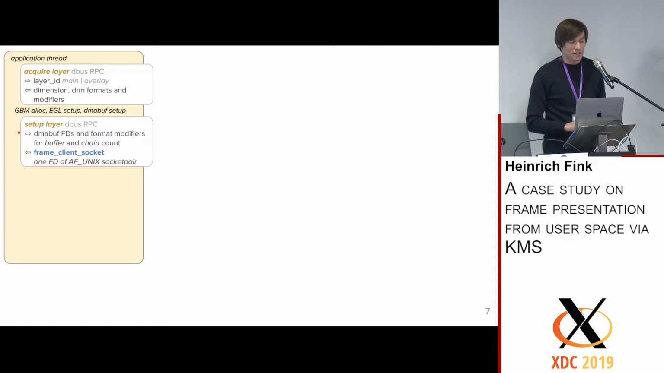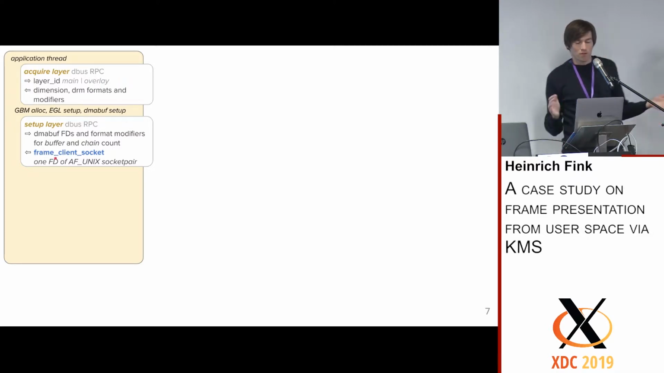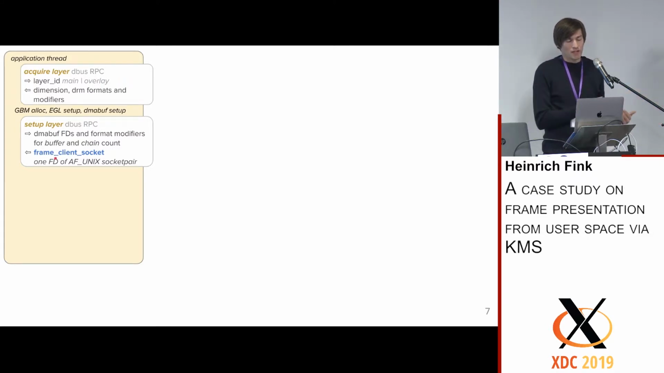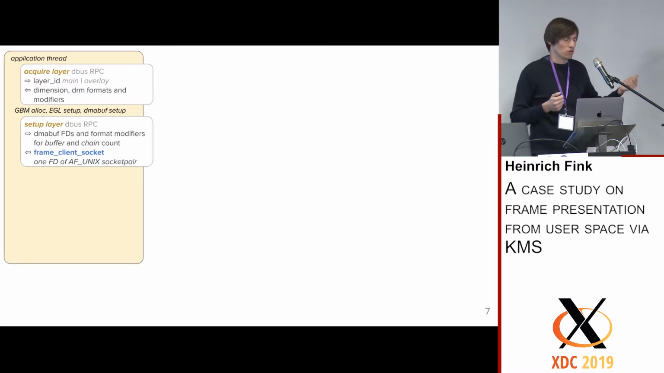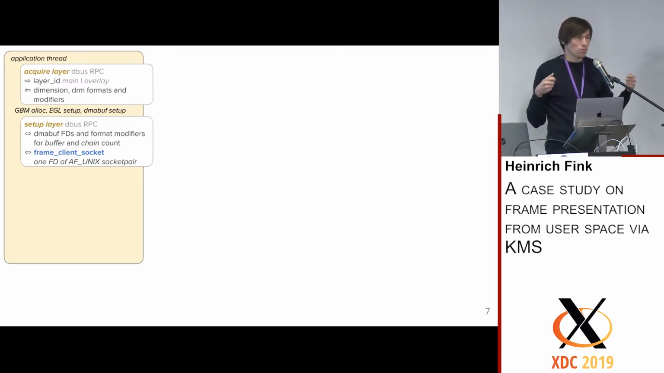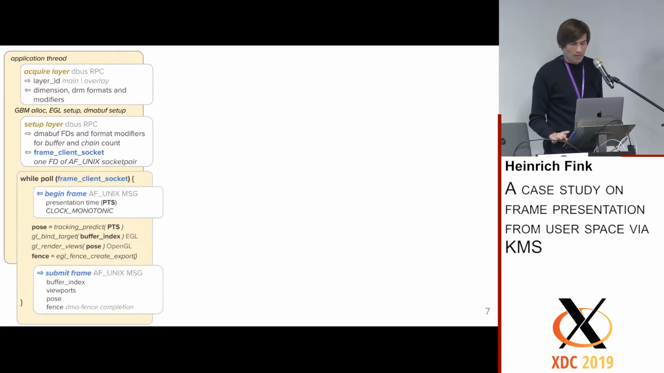And after that, it tells the compositor in a setup layer call which buffers have been allocated, which modifiers have been chosen, for how many buffers and how many swap chains. And at this point, if the compositor is happy with that, it returns to the application an opened socket, basically one end of a simple AF_UNIX socket pair. And from that point on, for all per-frame operations, the communication happens over that socket, so not dbus anymore, because there might be some funny latencies involved with that. And the application's main loop is really just polling on that socket and waiting for a command from the compositor